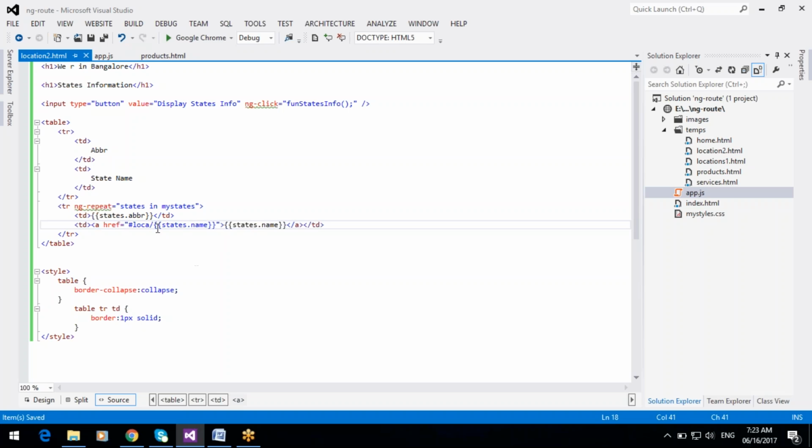So here we are passing the parameter, which is nothing but a query string.